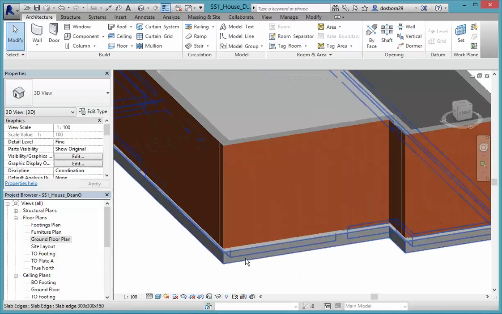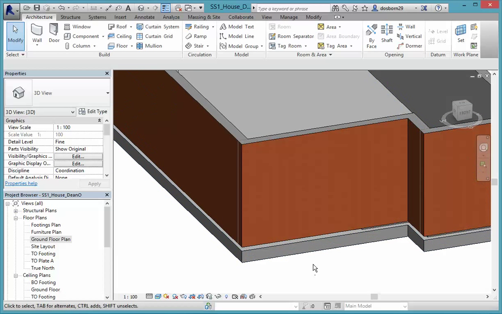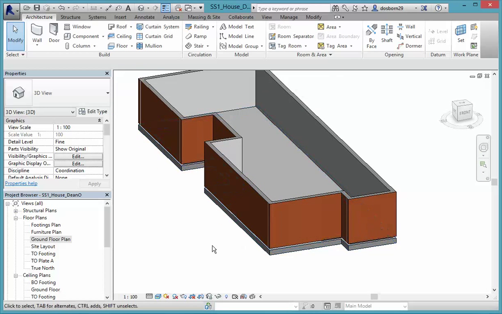But hang on, we've got a little bit of a problem here. I've put it in at ground floor, and remember ground floor is the top of the slab. So what we're actually seeing is that the set down there of 100 mil, the outside wall hasn't come down all the way. It's all sitting up on the top. Okay, so we've got to do something about that. That's not correct. There's several things we can do, but the best way to change this is that we go in,